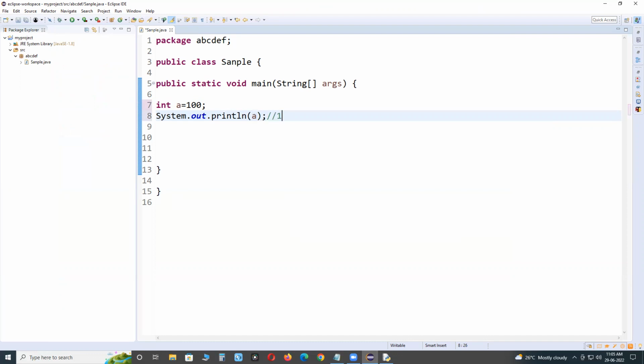It will print 100. Suppose after some time, if you want to use a equals 10.2, it is invalid. Why? a is an integer type variable. You need to assign an integer only. It can accept 200.